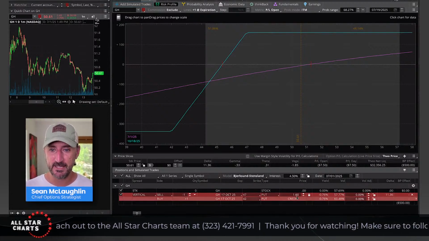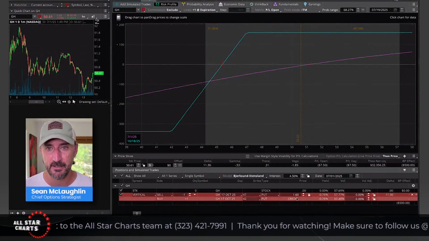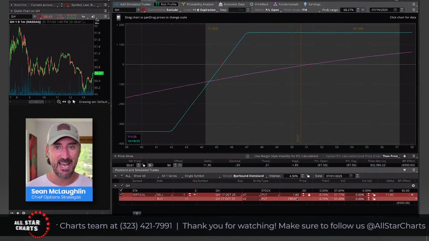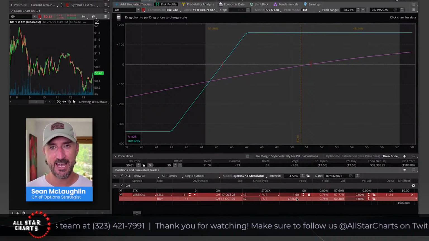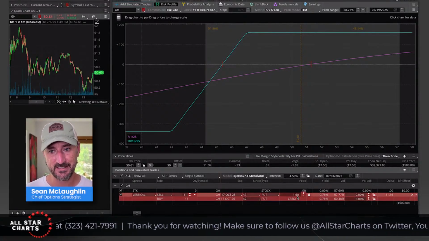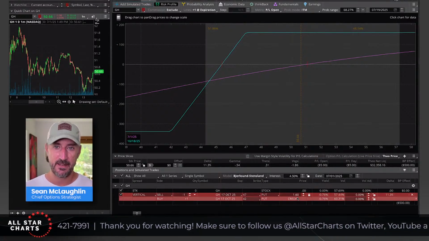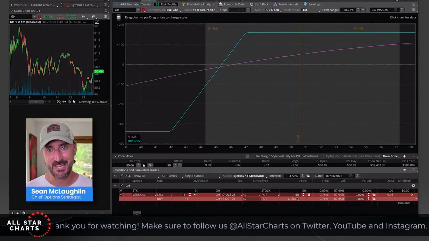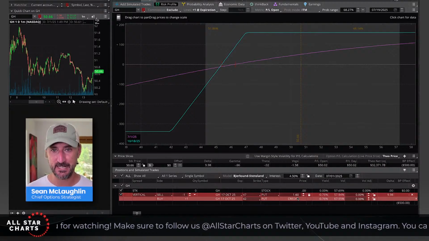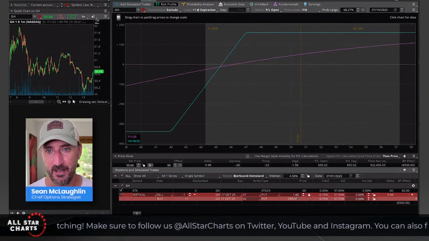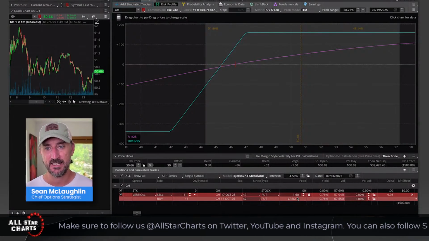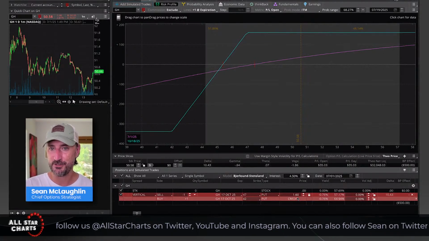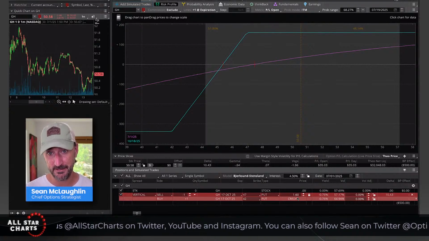And basically I capture the whole thing. But generally speaking, guys, I like to cover bull put spreads and short credit spreads like this for half of what I collected when I put the trade on. So if I collected $1.60 today, then I'm going to put a good till cancel order out to buy it back for 80 cents, half of what I collected today. I'm not trying to be greedy. I'm just trying to take the cream off the top of the premium and earn an easy win. These are not home run trades. These are high probability trades.